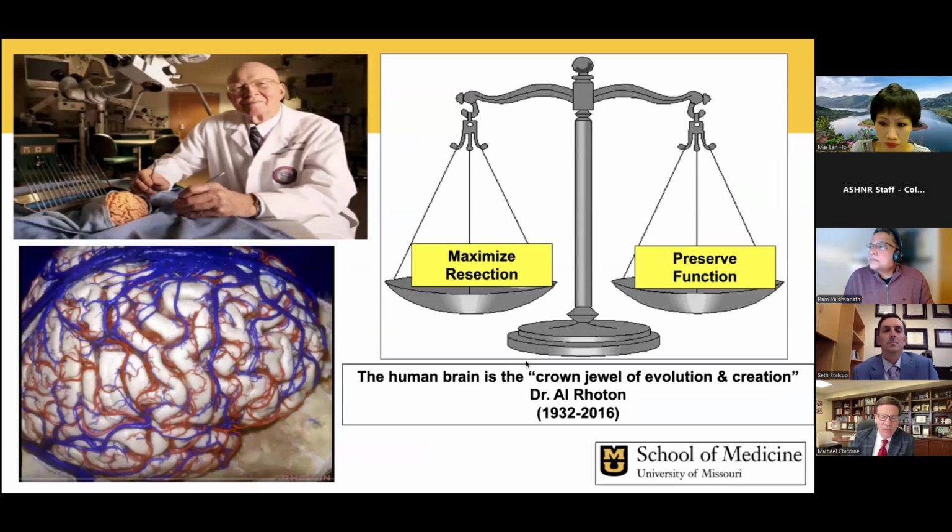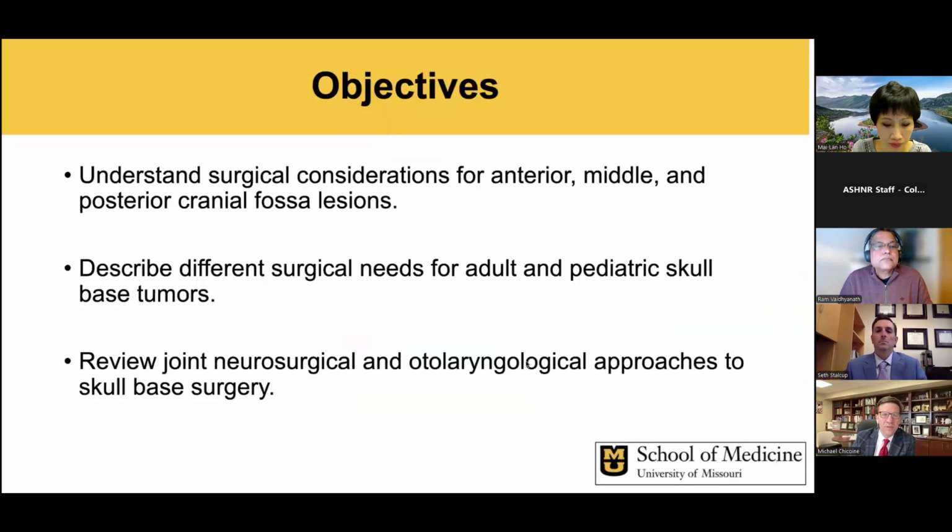Al Rhoton, a legend in skull base, did much of his early training here, and the late Al Rhoton had really encyclopedic knowledge of the skull base and central nervous system anatomy. He would say that the brain is the crown jewel of evolution and creation, and talked about making our surgeries more precise and careful. So as you heard, these are some of our objectives: